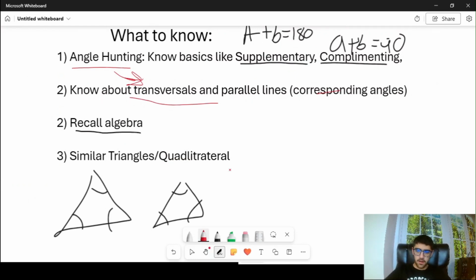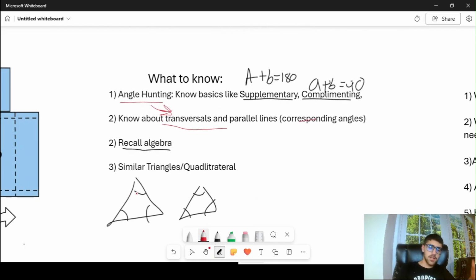Mostly it's just know, just pay attention. If all the angles are equal, then you would know that it is similar, which will most likely be necessary for answering the question. And then for triangles, most of the time it'll be mostly obvious, but you just have to know, okay, I have an angle, because that means